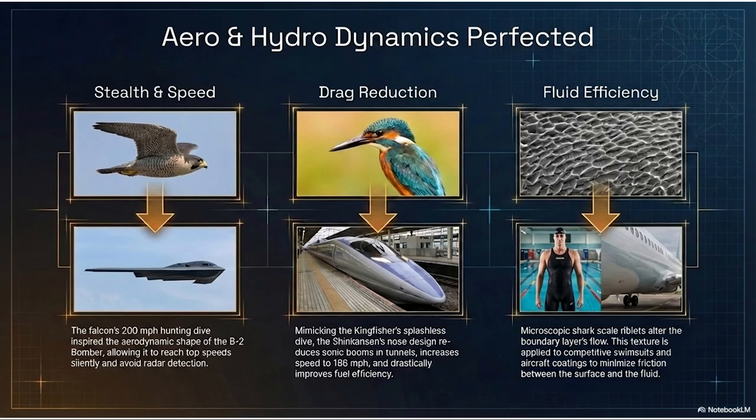Right. So imagine a train with a flat, blunt nose entering a tunnel at 150 miles per hour. The train violently compresses the air trapped in the tunnel in front of it. It acts exactly like a piston shoving air down a cylinder. Because the air can't get out of the way fast enough. Exactly. So the train pushes this massive, dense wall of pressurized air all the way through the tunnel.